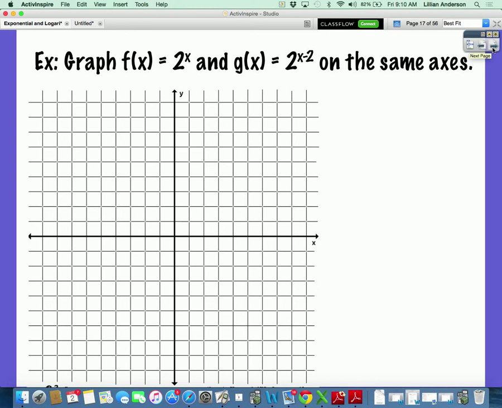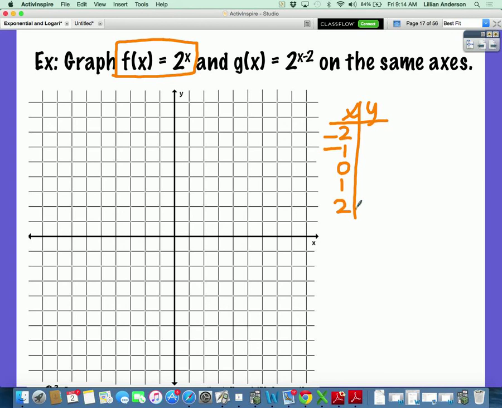So here we go. We're going to graph 2 to the x, and we're going to graph 2 to the x minus 2 on the same axis. So I'll give you guys about a 3-minute head start before I chime in. All right, so you have to graph the original parent function f of x, which is 2 to the x. To graph any function, you can plug in points for x and get your corresponding y. So if I do that for my f of x function, I can plug in -2, -1, 0, 1, 2,